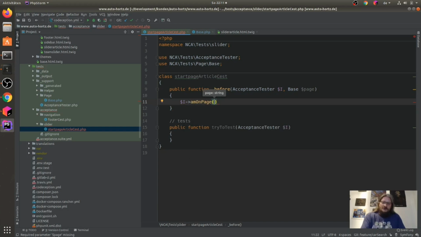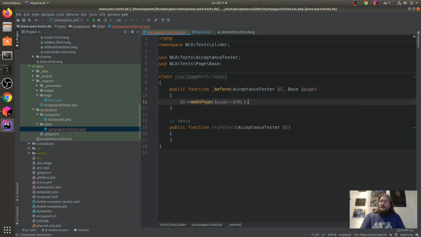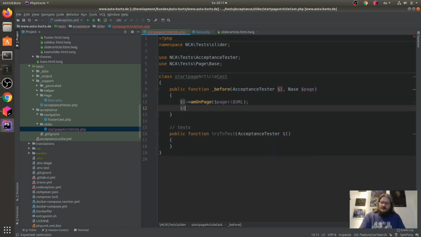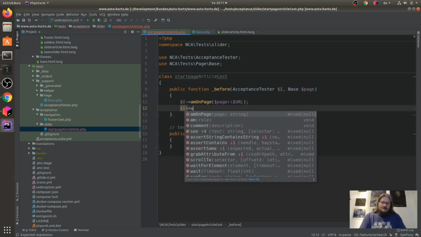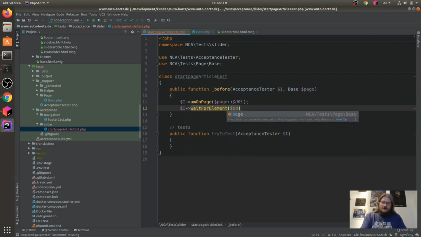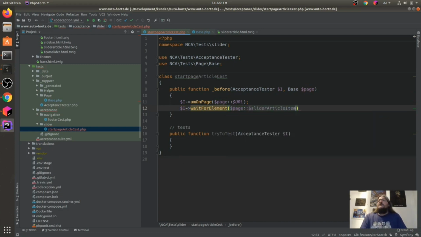Now I go to the start page, double point, URL, and now I will wait for our element. $page, double point, slider article item. And yes, now I know that the page is loaded and I know that there are article items.